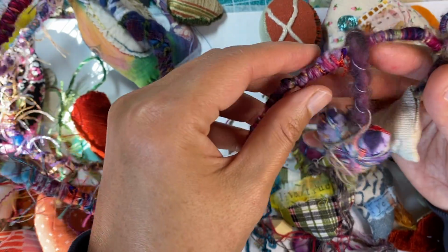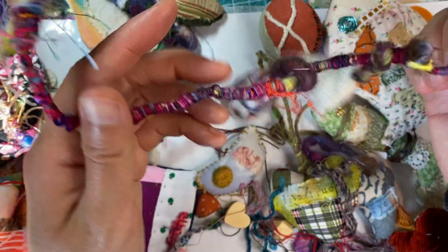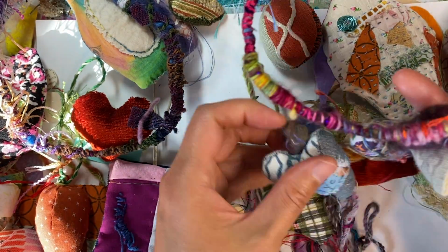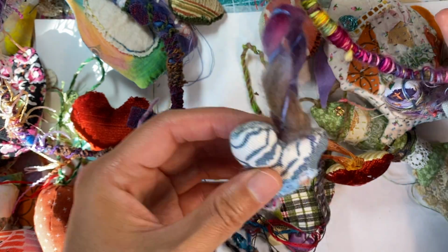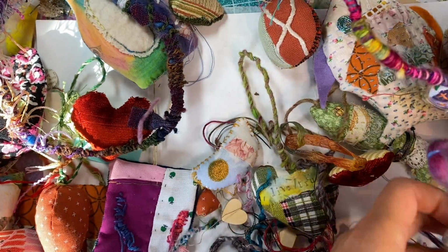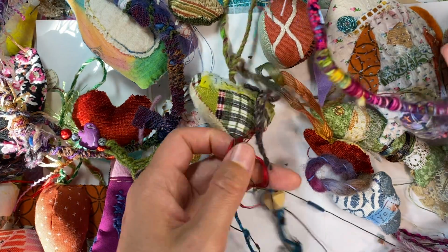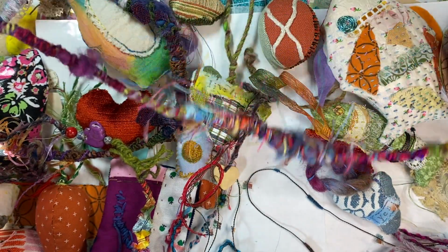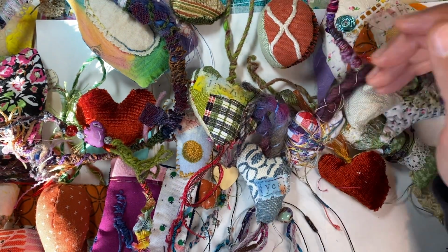And I was trying to find out for myself how big these objects had to be to sit on this line in a way that I liked. And this was sort of the size. This is sort of the perfect size. And now it's evolved into these objects that could go on here too. Probably not as a worn piece of jewelry or fashion, but as a storyline, if this were drawn across a room or something, it could be. So that's just a thought out loud that I'm sharing with you,